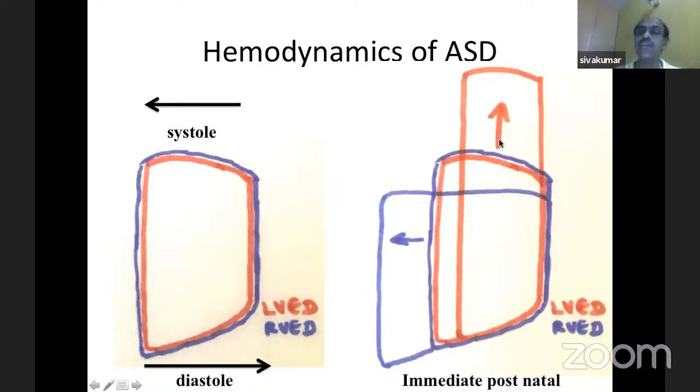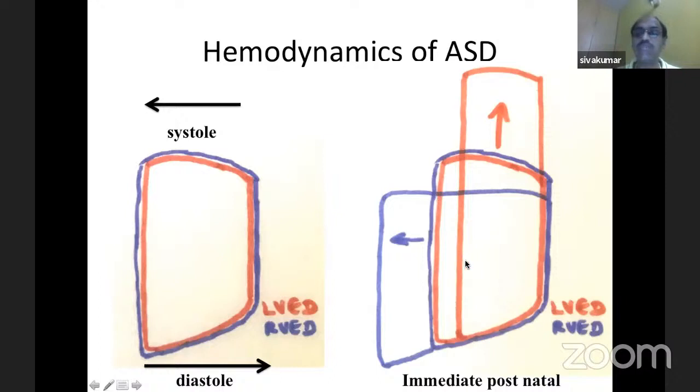There is an acute increase in the systemic vascular resistance. So the left ventricular pressure increases. And whenever the left ventricular pressure increases, the increase in the afterload reduces its contractility. So the LV pressure volume curve changes like this. RV, what happens? There is a fall in the pulmonary artery pressure and fall in the pulmonary vascular resistance. So the pressures fall down, and so the RV pressure volume curve becomes like this. This is in the immediate postnatal period.